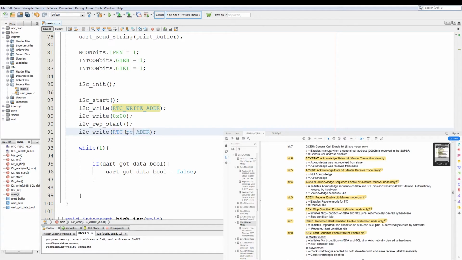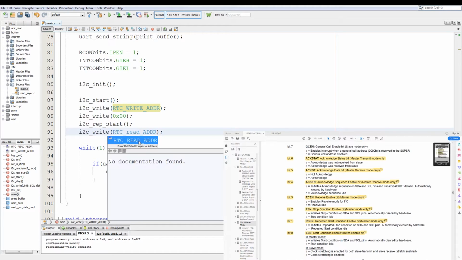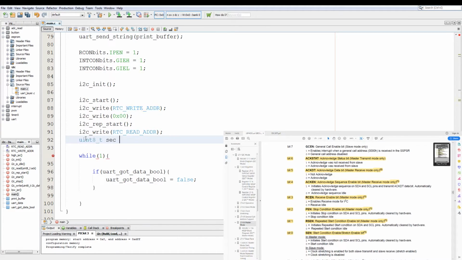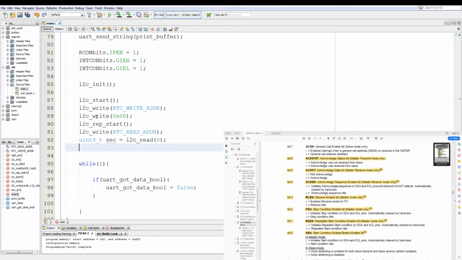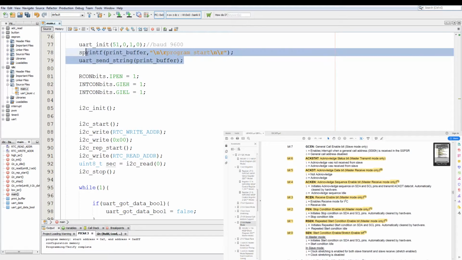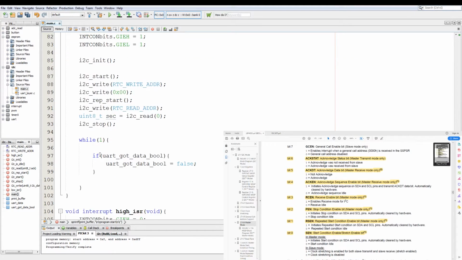We change the address to the read address, and we say uint8 seconds equals I2C_read, and then 0 for acknowledge, because this is the only byte we are reading, and then we send finally an I2C_stop. And we quickly add a printout.